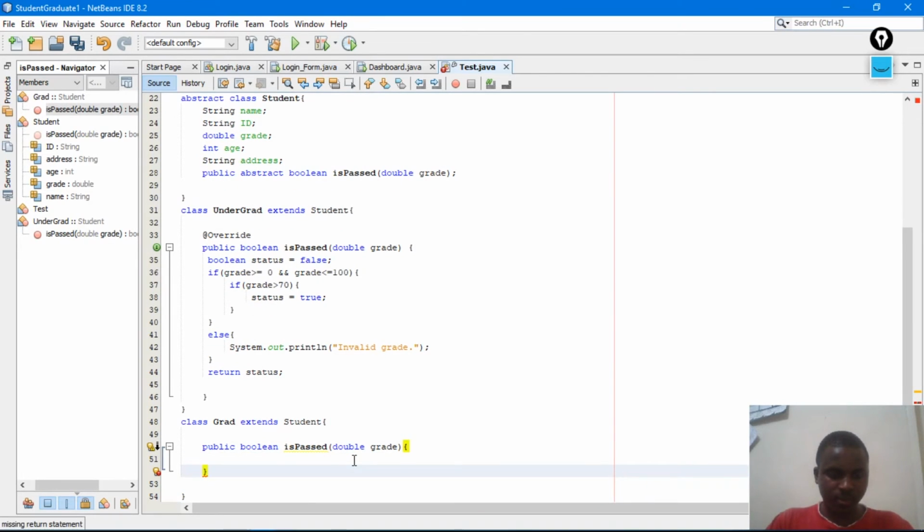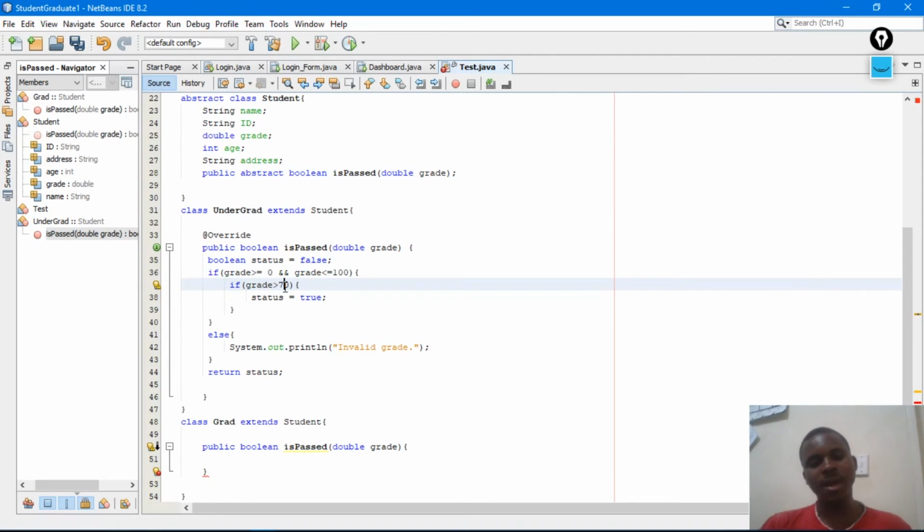Then here the implementation of this method is just the same as what we have done here, but only here is the only value that I have to change, so that whenever the mark or the grade is above 80, then it must return true, otherwise it must return false.